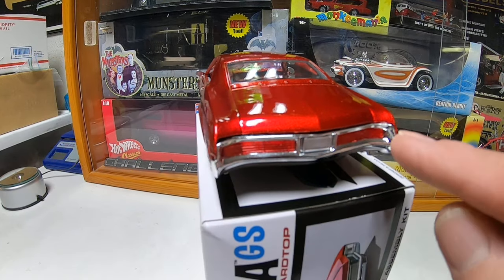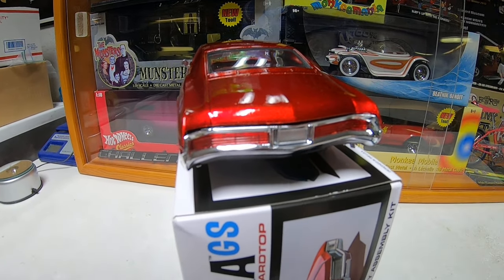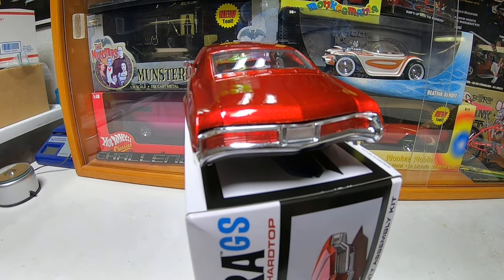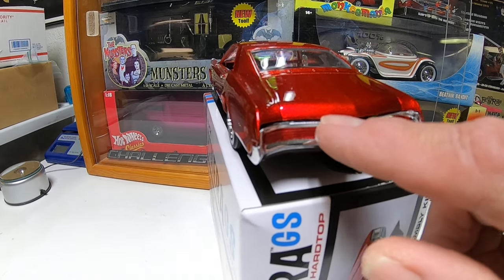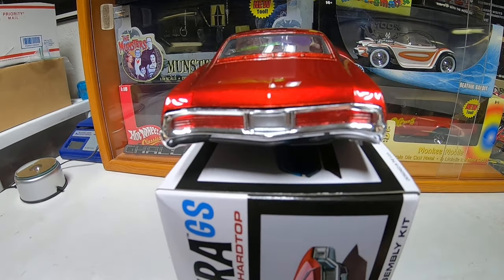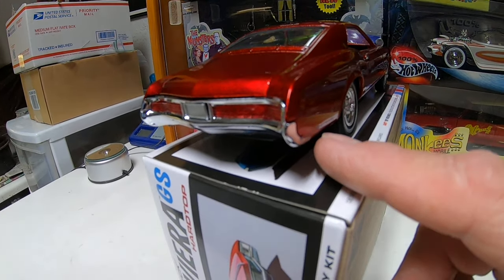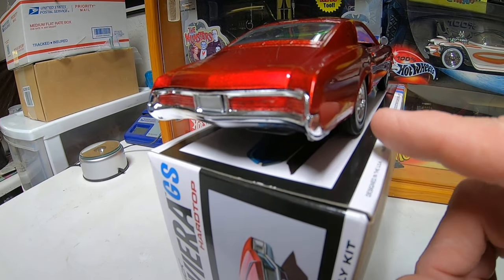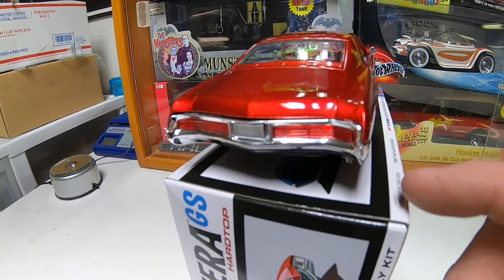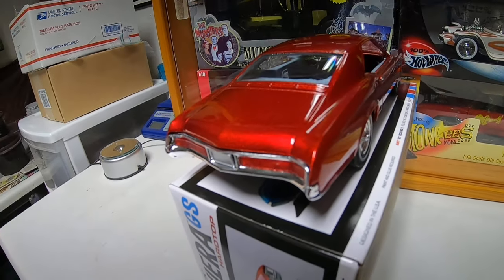I had sanded this, checked the fit before I put the body on the chassis and everything. Everything looked good. And at the end of the day, I could not get the bumper to stay up there tight with the body, and I was battling it. And then I ended up getting some CA on the paint right here. I got most of it off, but it put a little stain on there, and that upset me. So